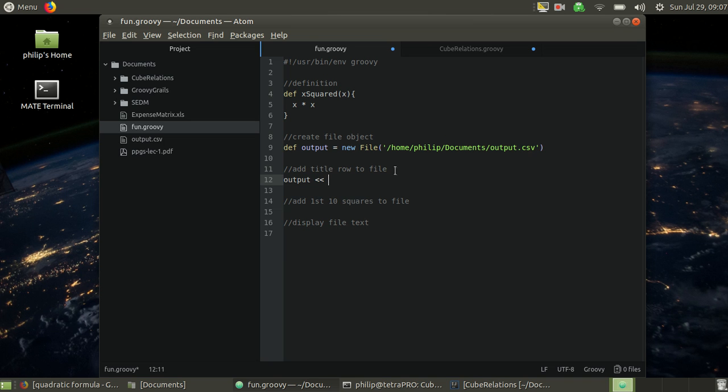The left shift operator is an overloaded operator, which means add to the file, and we're going to do single quotes, and we're going to add x, comma, next column is going to be x squared. So that's a title, basically. Don't forget to add the new line operator, otherwise the next row is going to be added to the same line. Okay, so in Groovy we have this range object, which is 1 to 10 we want to do,